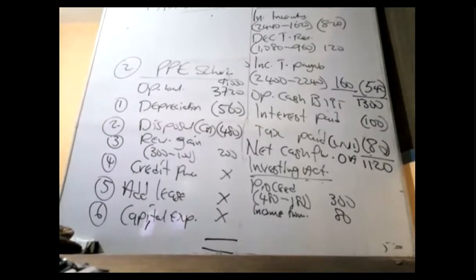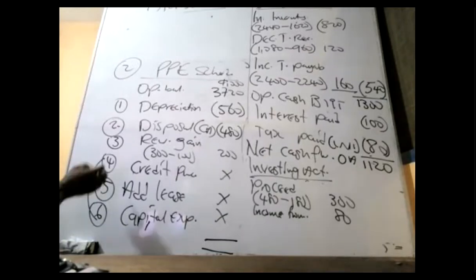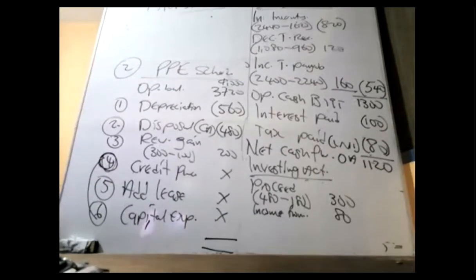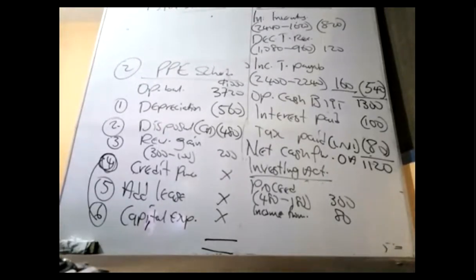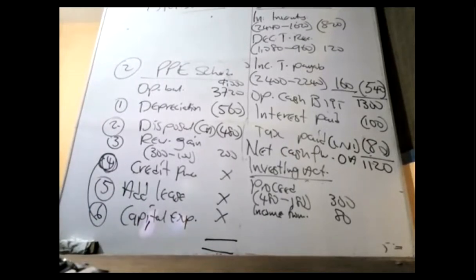But because all these are not in the question, I'm about to clear them. It is not compulsory for the examiner to give you all this in one question, not at all. For instance, for that particular question, I'll try to link the solution to Haruna in the video description section. When you check there, you will see it. If you tap on it, you will see the credit purchase of PPE and the treatment of it.